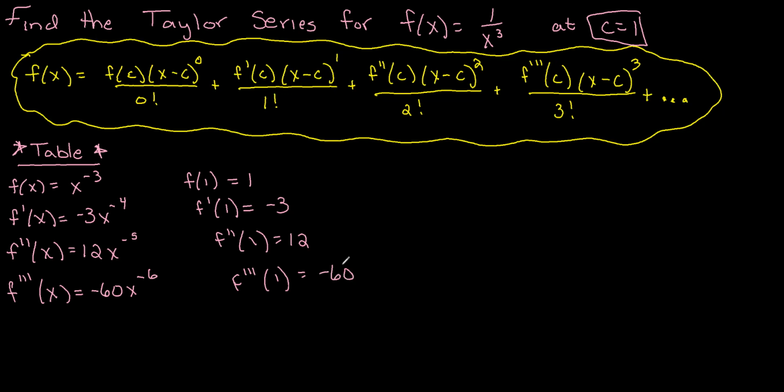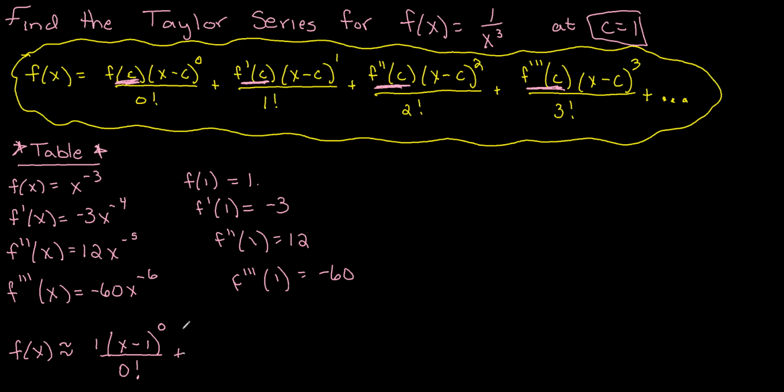So now I'm pretty much done. All I have to do is go in my Taylor series formula, and I have all those little values for the derivatives evaluated at c. And then I just need to copy paste essentially x minus 1 to the 0, x minus 1 to the 1, etc. So really the hard part is done. So I'm going to say f of x is approximately, because I'm only doing the first few terms here. So f of c, f of 1 is 1, times x minus 1 to the 0th power all over 0 factorial,